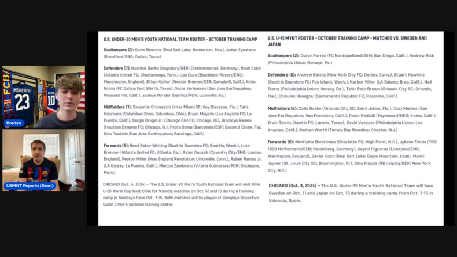Tahir Reed-Brown, I don't actually think he's been in the camp since the U17 World Cup last fall. He's from Orlando City, second team. And then Chibuki Ukaegbu, I probably butchered that name, but from Sacramento Republic in the USL Championship. So it's a lot of players here. If you want to take it one at a time by fullbacks and center backs, whichever one you want to start with, what do you think of these two groups?